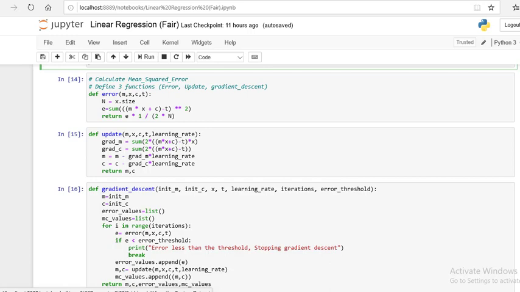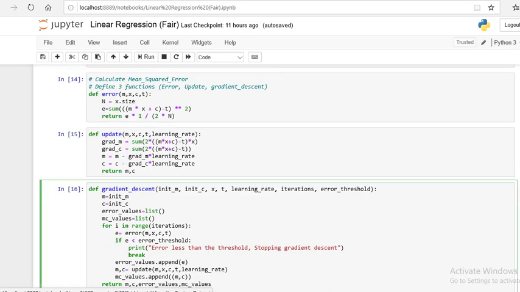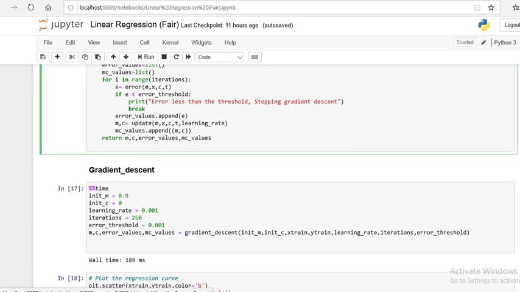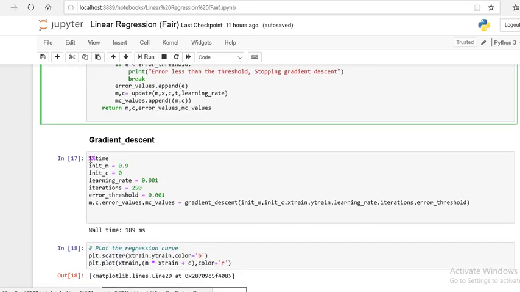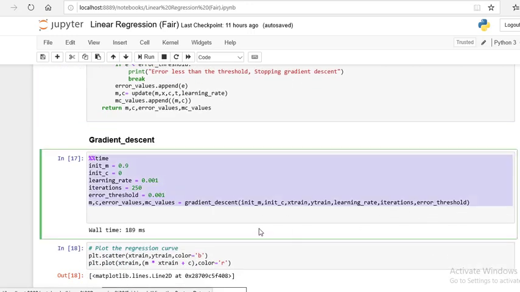We should minimize the error rate, so we update the learning rate to minimize the error value. So these three functions are error, update, and gradient descent. In this code, the values are fed to the gradient descent function, and all the values are initialized here.